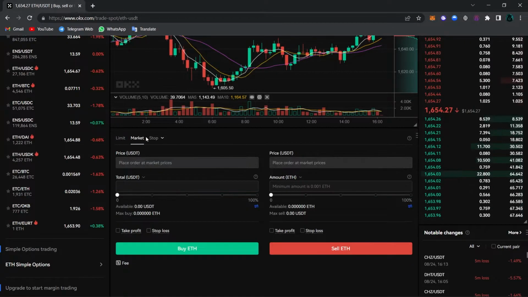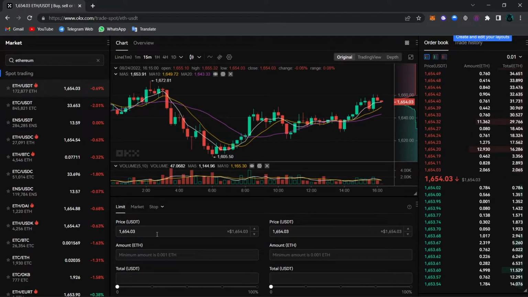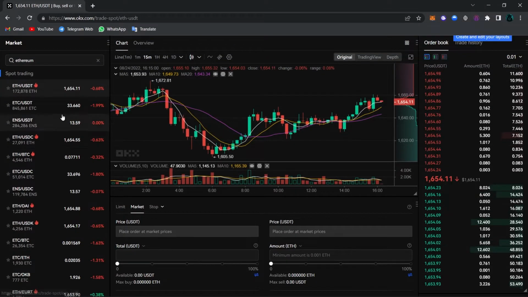This was the limit. Market is the quickest way to buy because it just buys from the current price. So when I click on market, as you can see, it doesn't give us the options that limit gave us. It asks us the amount and total and the price. The market just buys from the current price and you just have to type down how much you want to buy. So for example, if I say 5,000 USDT, it will buy me $5,000 worth of Ethereum at this moment,